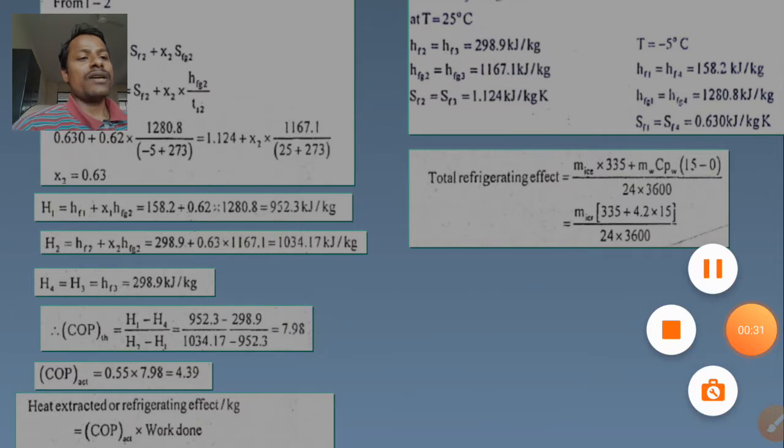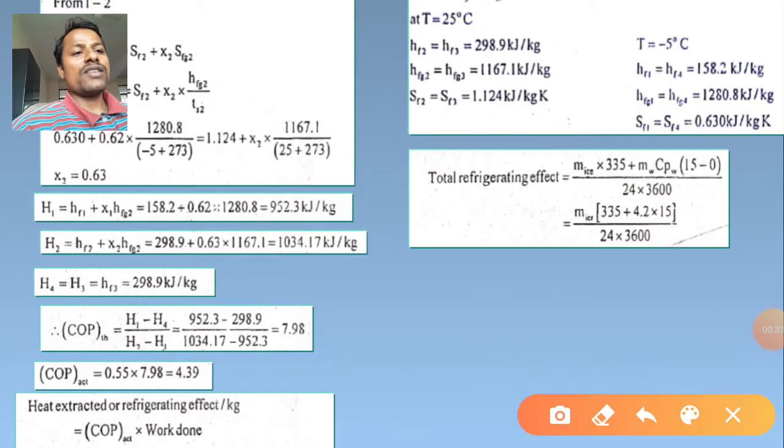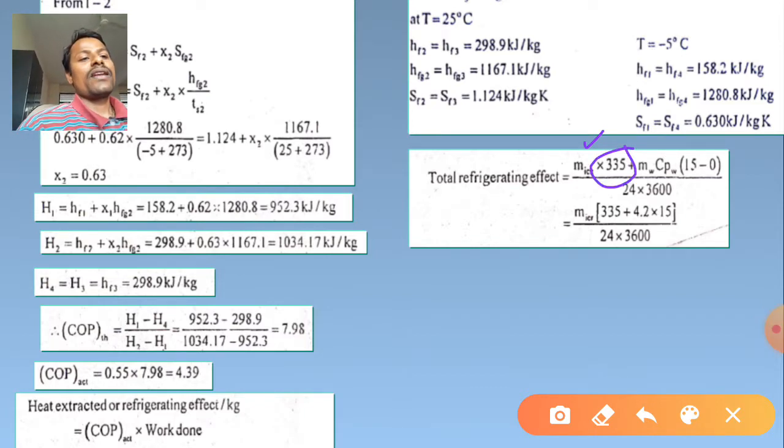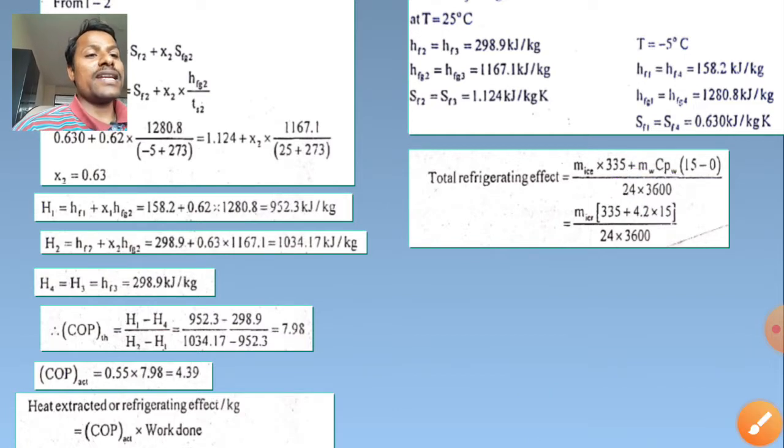Here we have the mass of ice, let it be m suffix ice, and its latent heat is 335, and again mass of ice times Cp for the ice, then again from 15 degrees Celsius to 0 degrees Celsius, reducing it. So how much time is it taking? It is taking a duration of 24 hours, 24 into 3600 seconds we have converted, and